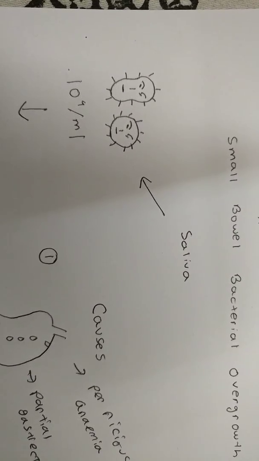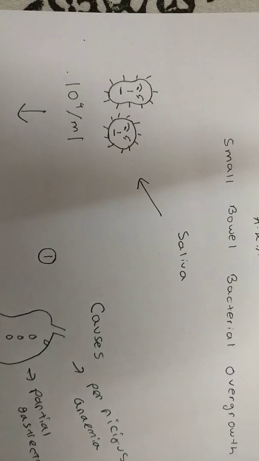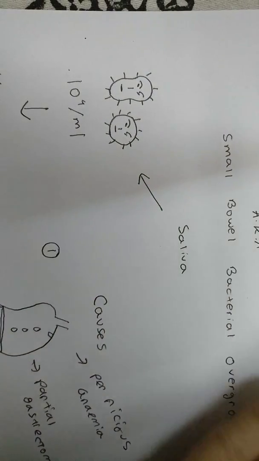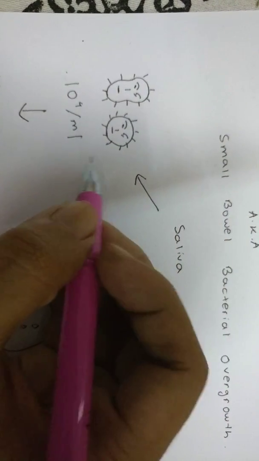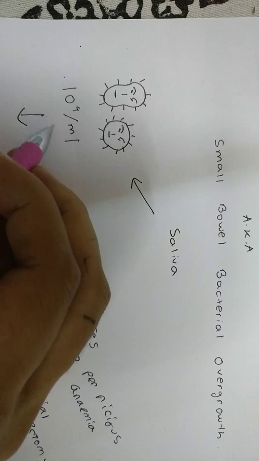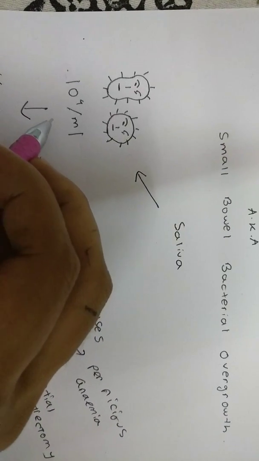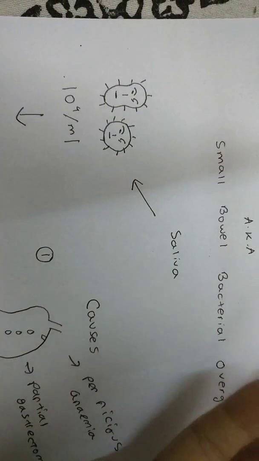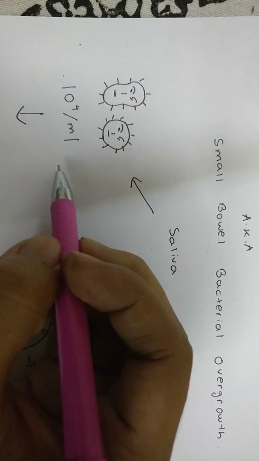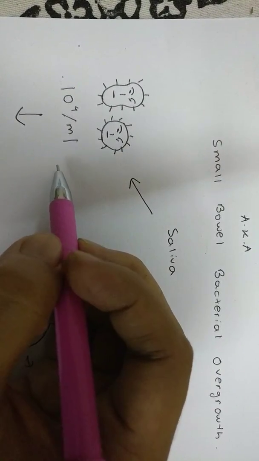They also prevent other bacteria which may cause harm to our body from growing. And the amount of this colonic bacteria is actually not more than 10 to the power 4 per ml. So this is the actual total amount of the bacteria which might be present, and they usually come from the